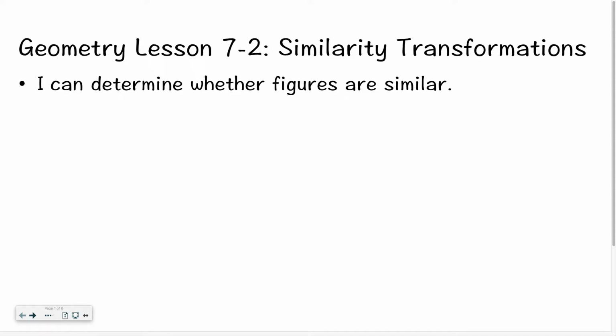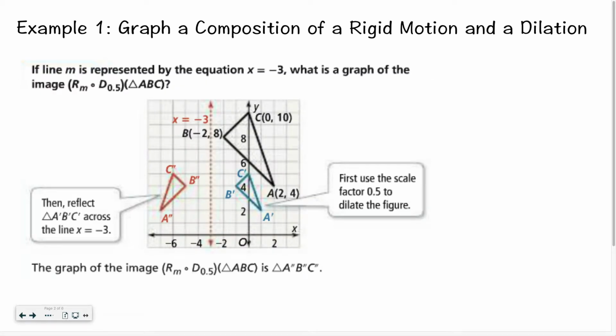Hello class, welcome to Geometry Lesson 7.2, which is all about similarity transformations. By the end of this lesson, you should be able to determine whether figures are similar. So let's jump right in with example 1, where we are going to graph a composition of a rigid motion